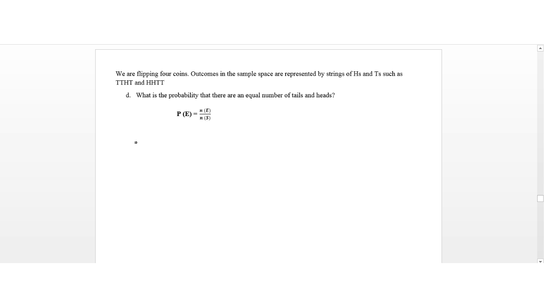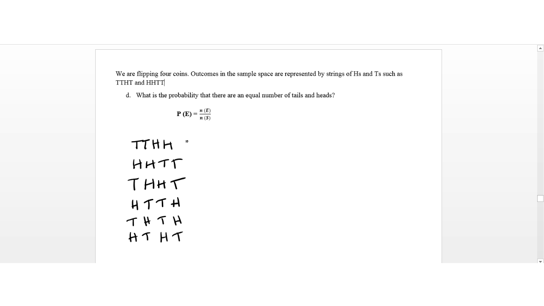So to have an equal number of tails and heads, we can have tails, tails, heads, heads. We can also have heads, heads, tails, tails. Tails, heads, heads, tails. Heads, tails, tails, heads. Tails, heads, tails, heads. And heads, tails, heads, tails. So we have a total number of 1, 2, 3, 4, 5, 6